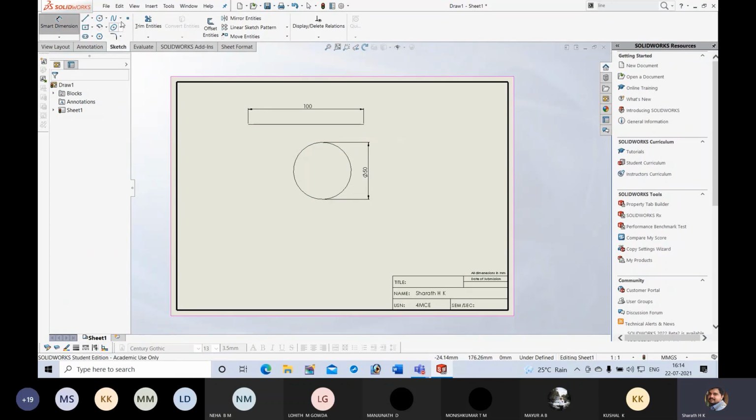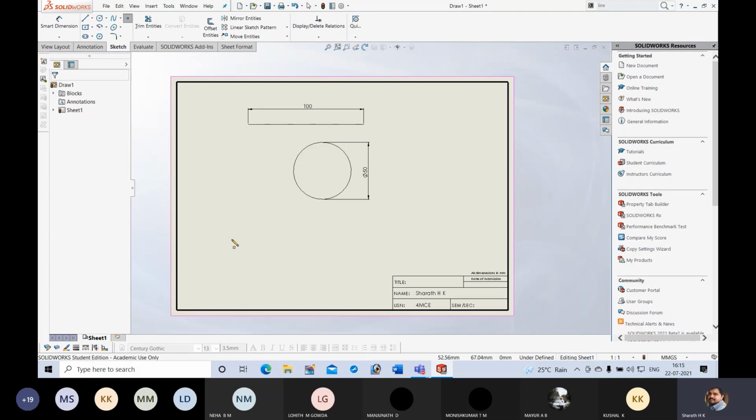Next, spline. In this third command, we make use of only this one, spline. Spline is used when you want to connect a set of points by freehand. It is applicable for a square lamina in case of projection of planes. In case of projection of solids, it is applicable for a cylinder or cone. Sorry, in development it is not required, but in projection of planes and solids it is required.